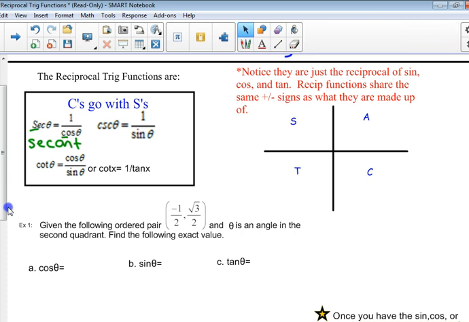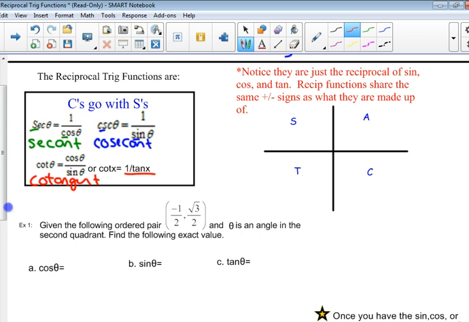Right. Now, cosecant, so this one's called cosecant. Okay. This one starts with a C, so it's going to go with sine, which is an S. So it's going to be the reciprocal of whatever the sine is. Cotangent's cool because it's cotangent. Okay. You guys have some options with cotangent. Cotangent is the same thing as the reciprocal of tangent, or we also know that tan,